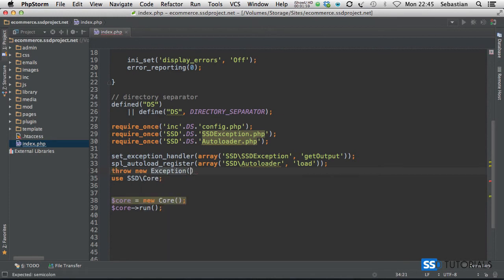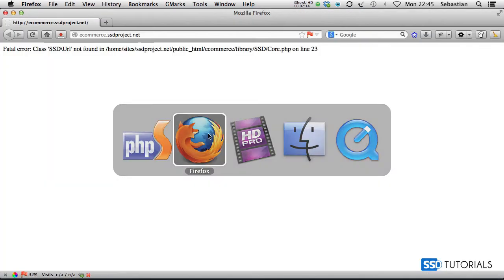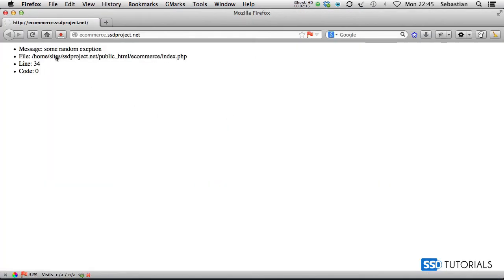exception, and I just say some random exception. As you can see, I'm not wrapping this throw statement in a try and catch block. If I now go to our browser and refresh the page, you can see it tells me message, some random exception, file, line, and code, which is the message I've created for when we are in the